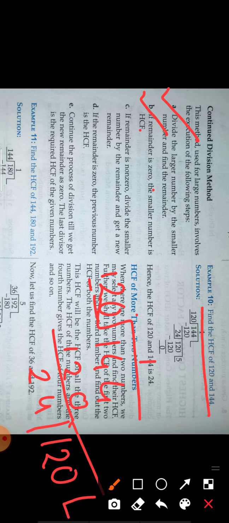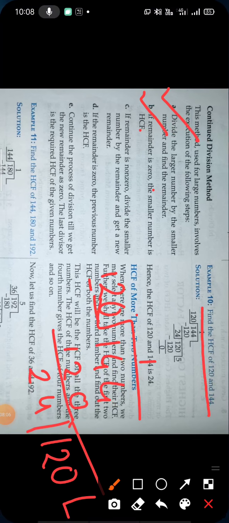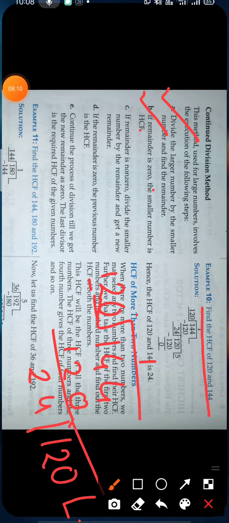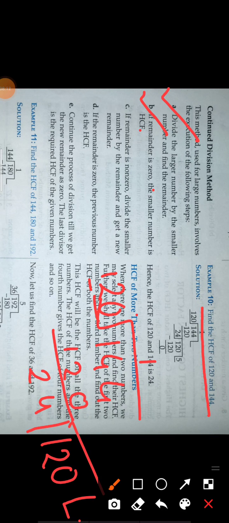So 24 5s are 120. Okay, so ultimately we get the zero